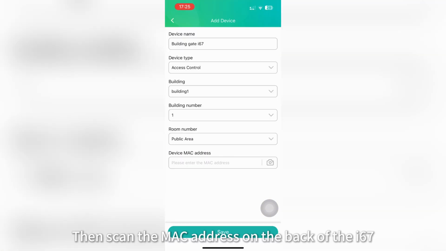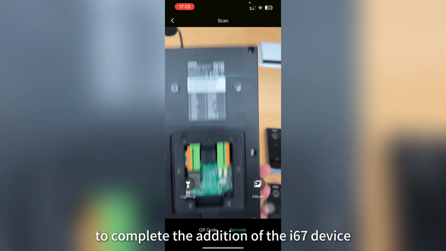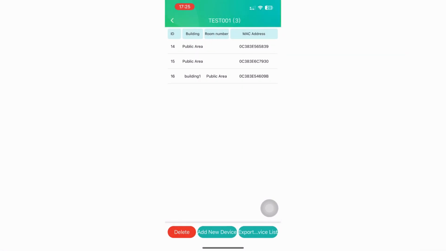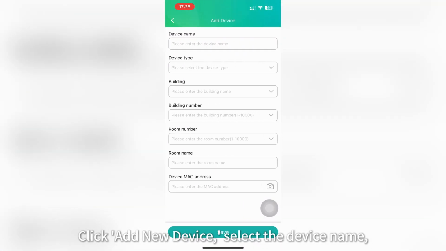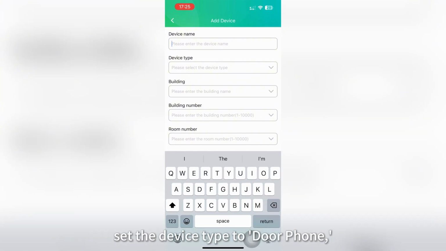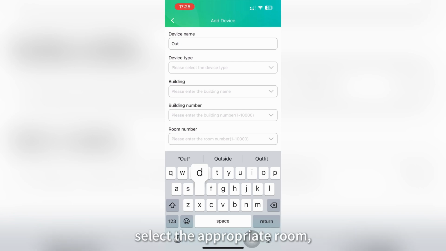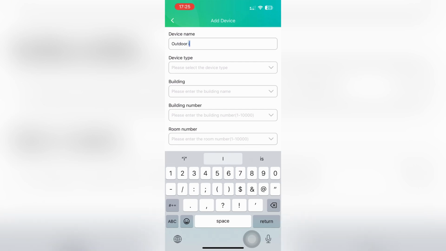Then scan the MAC address on the back of the I-67 to complete the addition of the I-67 device for the building entrance. Click Add New Device, select the device name, set the device type to door phone, choose the corresponding building and unit number, select the appropriate room,